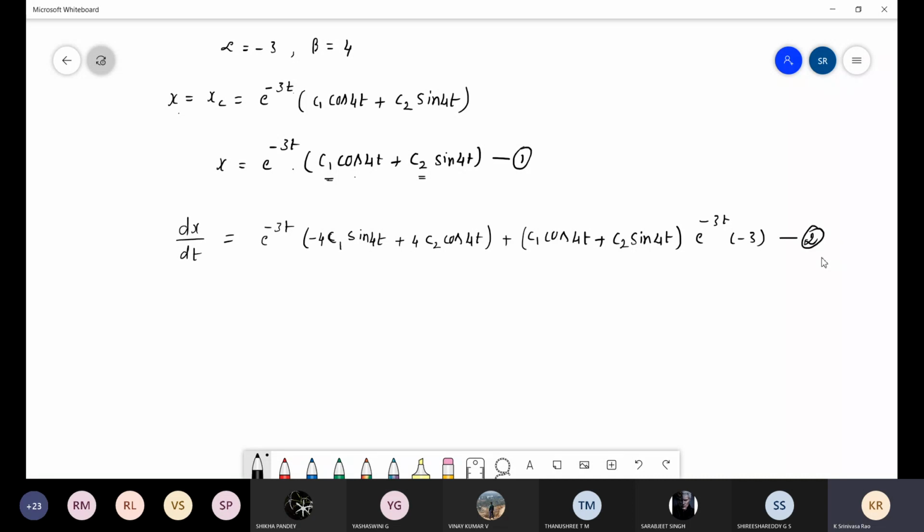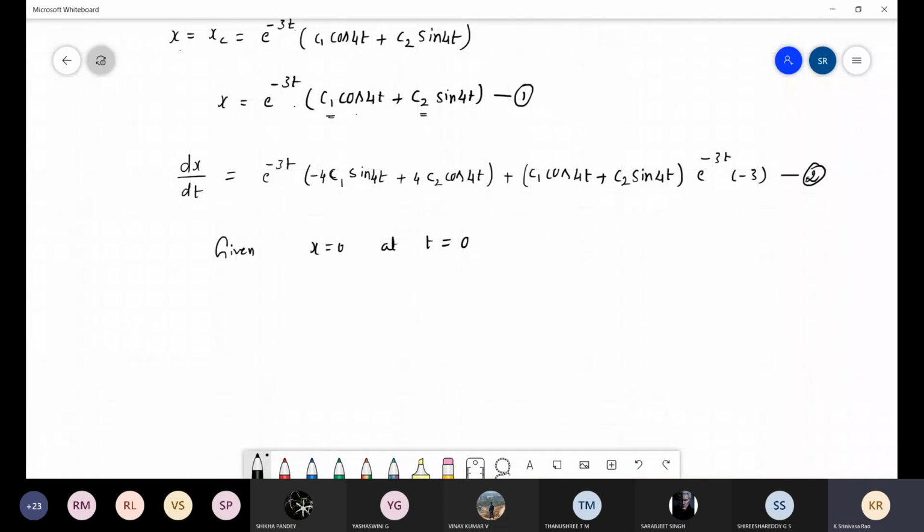Now I will use the given condition: x equal to 0 at t equal to 0. Is it right? So what happens? Substitute in equation 1. Where is x actually? It is equation 1. Therefore, equation 1 implies...